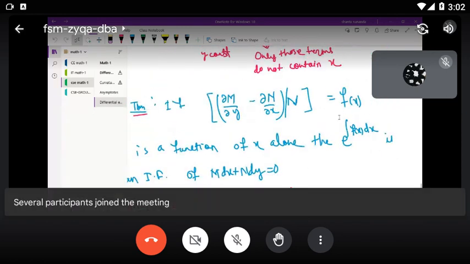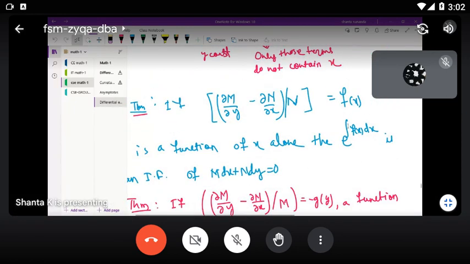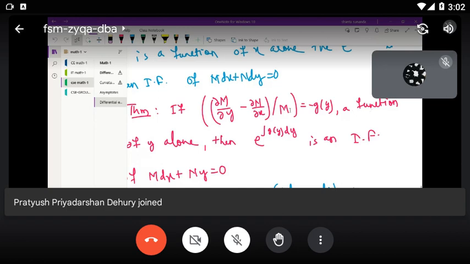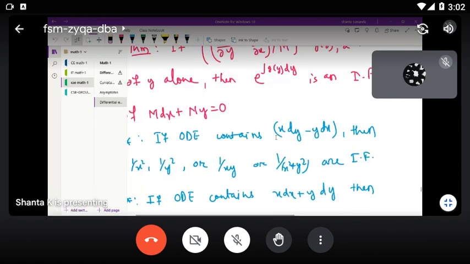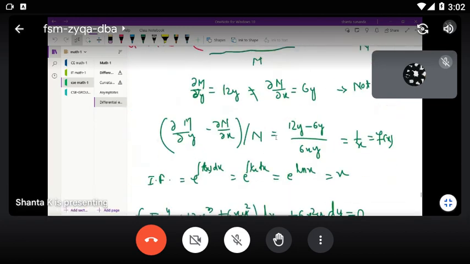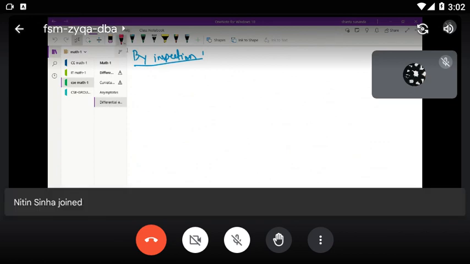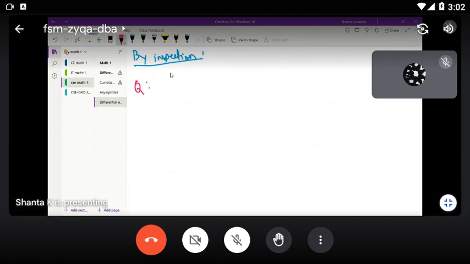Okay, here if it is a function of x alone, then e power integral f(x) dx is the integrating factor, and if it is a function of y alone, then this one. Okay, so let's do this. Sometimes by looking at the equation itself, you can know whether you can get an integrating factor or not. Okay, so let's say